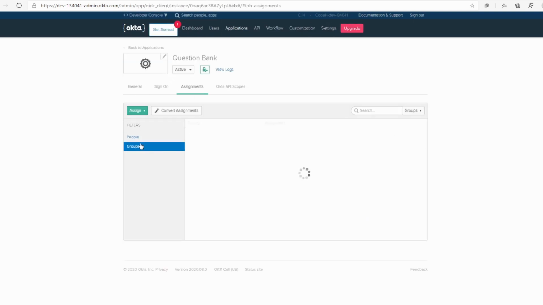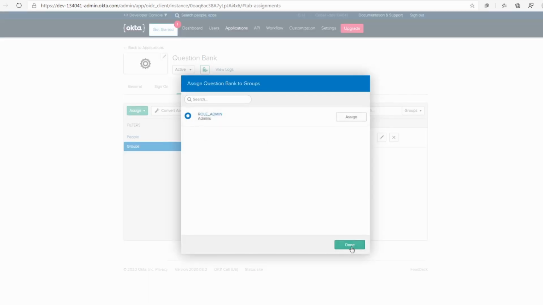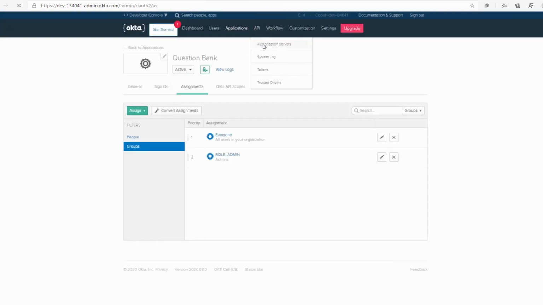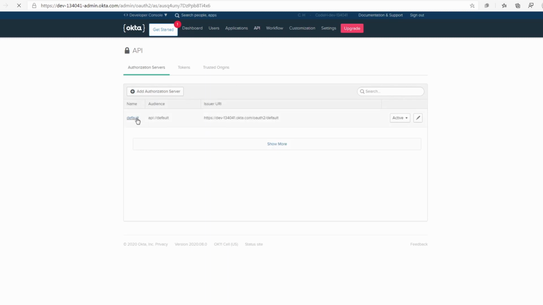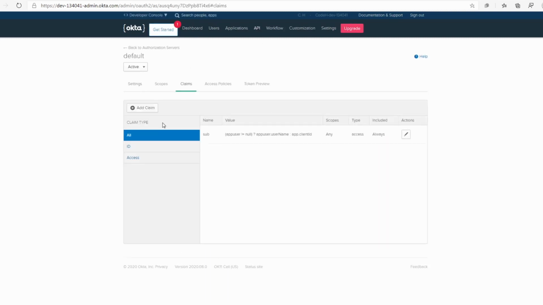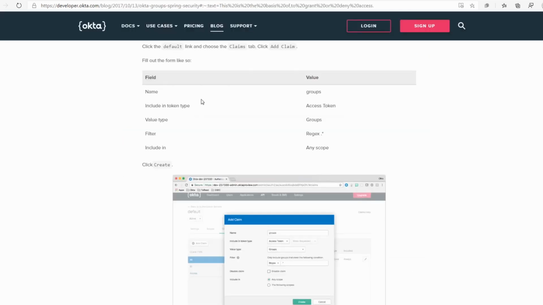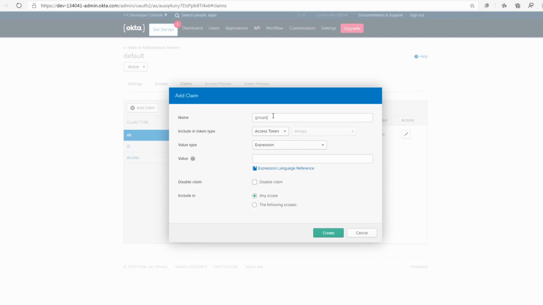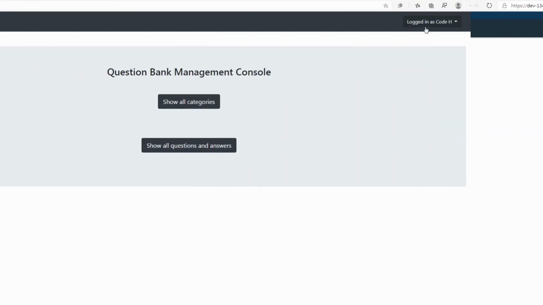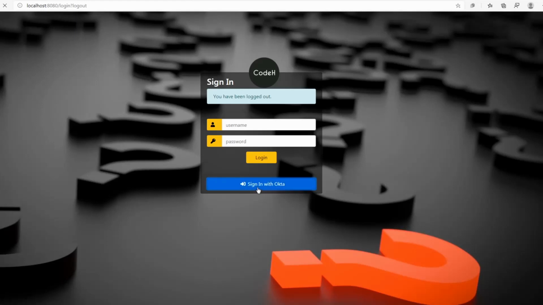Okta by default doesn't include the groups claim in the JSON Web Token. To include the group info in our user info response from Okta, under the API menu, navigate to Authorization Servers, select the default authorization server, click on the Claims tab. You are going to instruct Okta to add the groups claim to both the access token and the ID token by creating two claim mappings. For the first claim, provide name as groups, token type access token, value type groups, and for filter, select matches regex with the value .*. The second claim also will have the same set of values, except that the token type would be ID token.